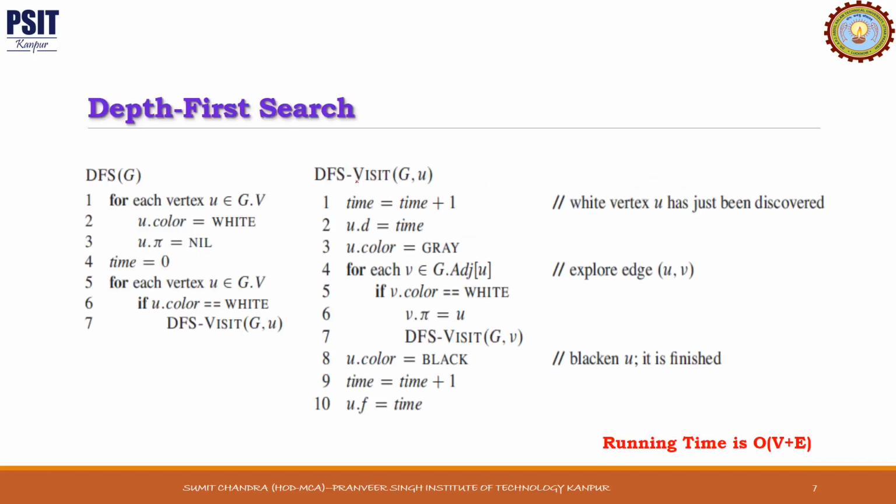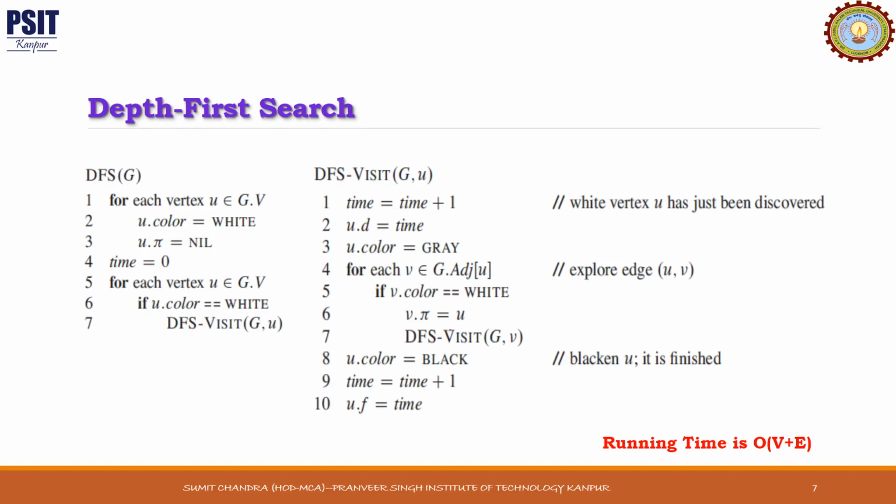Now coming to the algorithm. Every vertex is initially white. So DFS colors every vertex white, and initially the parent of every vertex is null. Time is 0, and then we call DFS-Visit on a particular vertex U. So we take a vertex U, since we have discovered this, time is incremented, so 0 becomes 1. If the last time stamp is 1, then it will be 2. If the last time is 2, then it will be 3, as we allocate time for discovery time and finish time. Okay. Then color will be gray because we have visited the vertex.